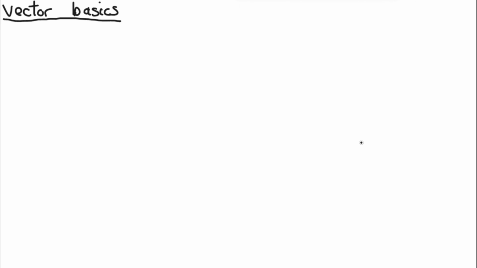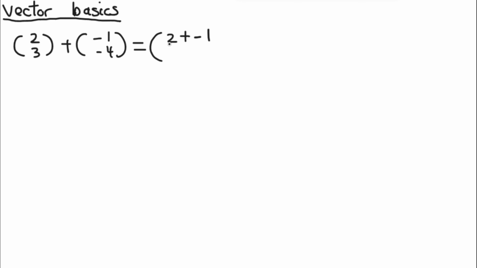So you also need to know how to add and subtract two different vectors, and this is very, very easy. You just need to add or subtract the separate parts. So for example, let's say that we had two vectors, (2, 3), and we want to plus (-1, -4). What we basically do is we add the separate parts. So the overall vector, if we add these two together, is just going to be 2 plus -1 for the top part, and then the bottom part is just going to be 3 plus -4,